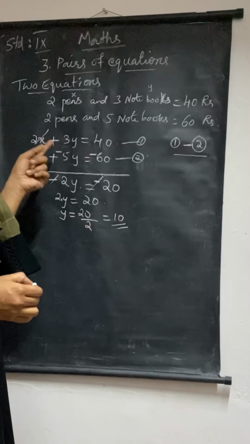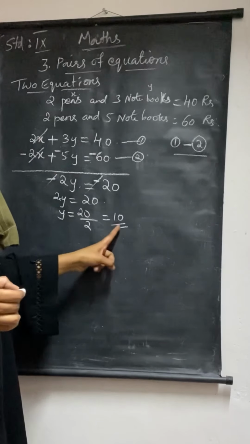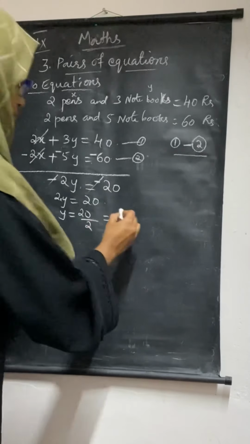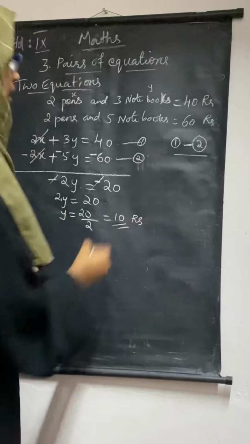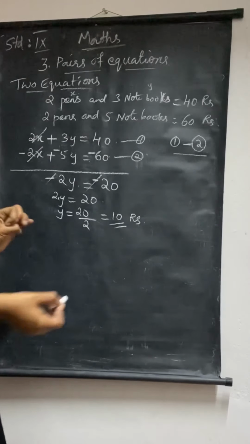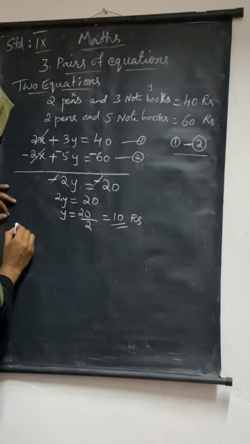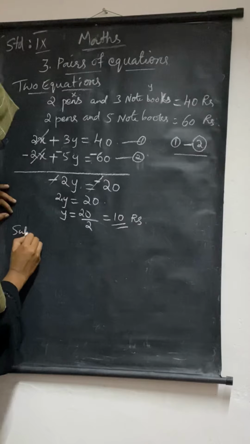Actually, what is your y here? It is a notebook. So one notebook, how many rupees is it? 10 rupees. So this is the y value. Notebook value we got. But how can we find the pen value? That is what we are going to do: this value, substitute